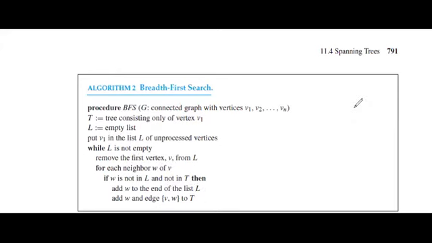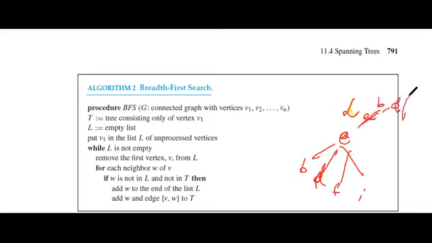And basically what we are doing is creating a list L, and in that list we are adding vertices. Suppose I'm adding E. For our example, I added E. If you have added E in this list, then it means that you have to travel through all the edges of E. So the edges of E were B, D, F and I. If you have traversed all the edges of E, then E will be removed from this list and then we will add all the other vertices which we have not traversed.